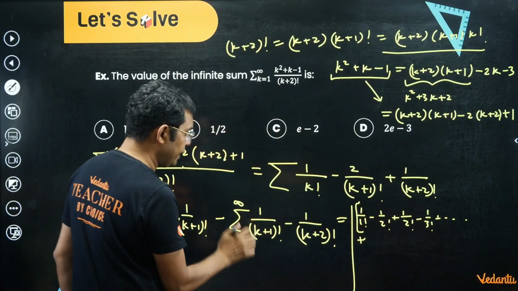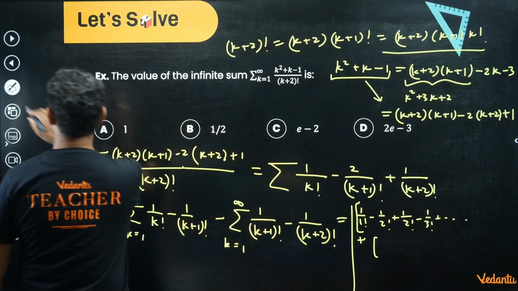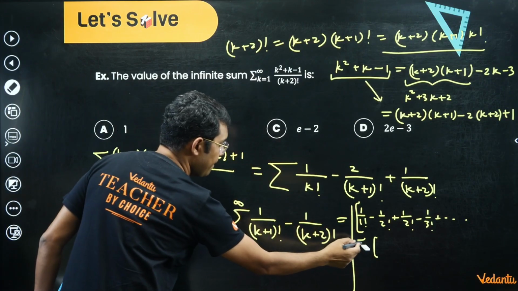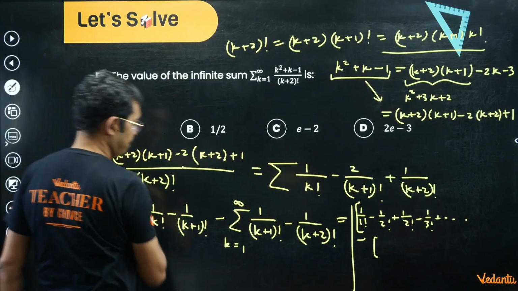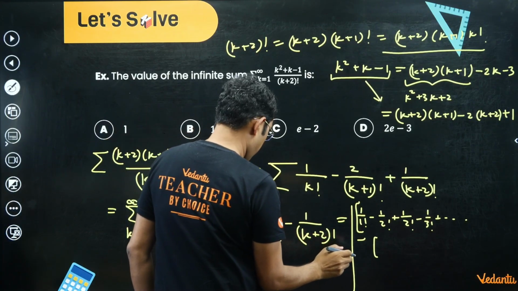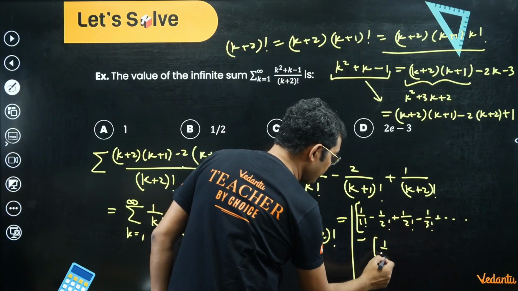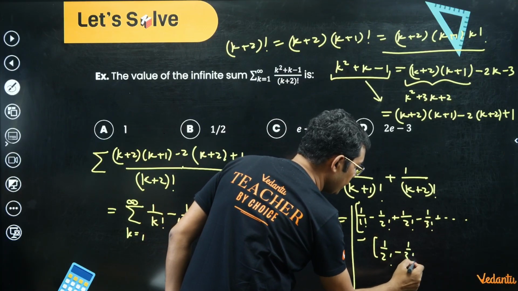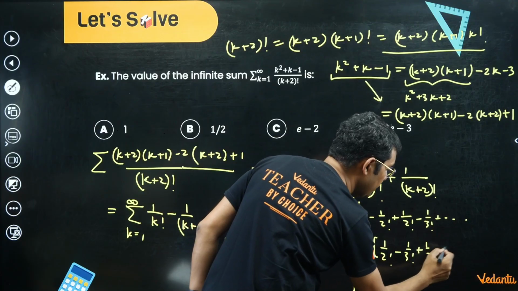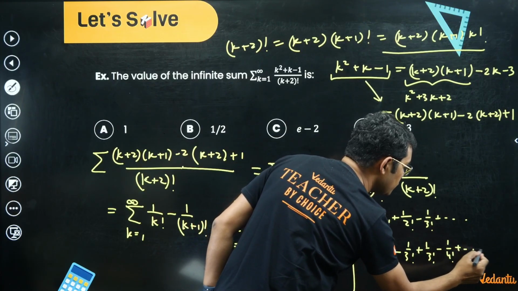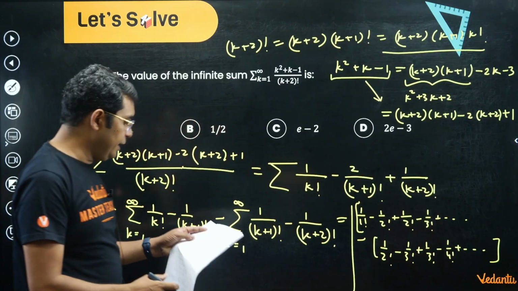Plus for the next one it will start, actually not plus, it is minus here. We'll start with 1 upon 2 factorial minus 1 upon 3 factorial plus 1 upon 3 factorial minus 1 upon 4 factorial and so on. If you add till infinite,